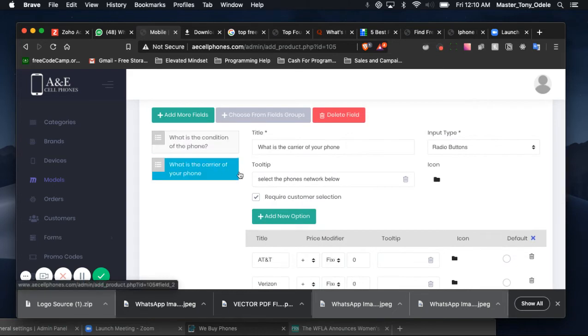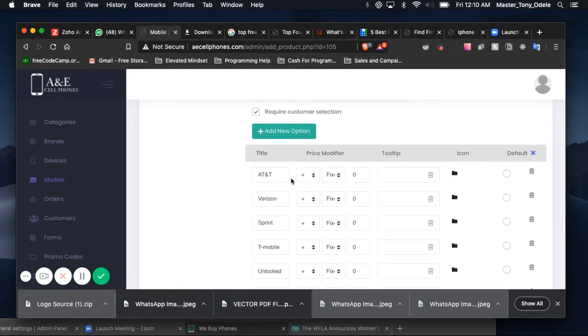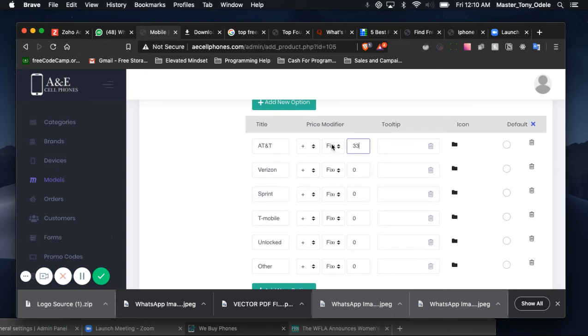Then you go to carrier. A lot of the people that I deal with, AT&T is a bit higher than most phones, especially since they're easier to unlock, and especially now with all the phones that do get locked. AT&T is one of the more sought after phones. So I do 33%. And again, you're going to do the same exact thing as you did on everything else. The only difference here is unlocked is the only one that's going to stay 0. Before it was at the top, this time it's unlocked, so it doesn't matter plus or minus, it's 0%. Other,